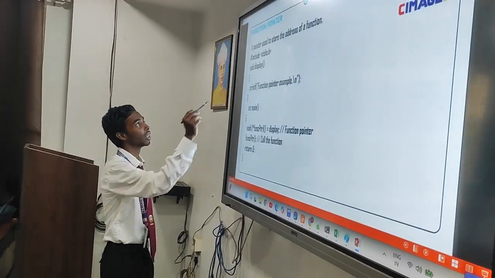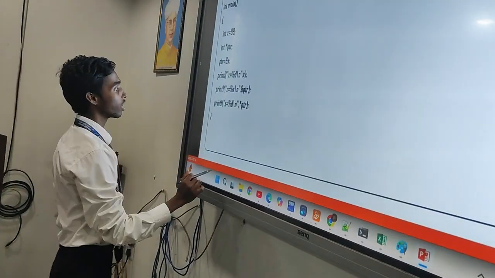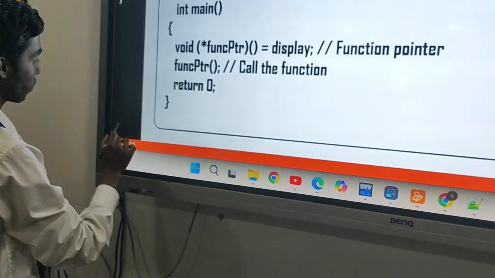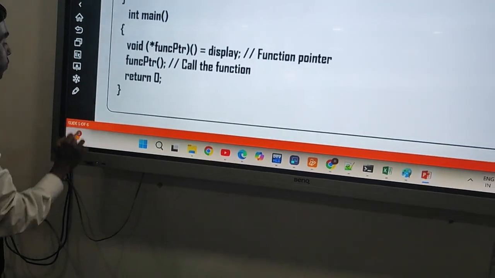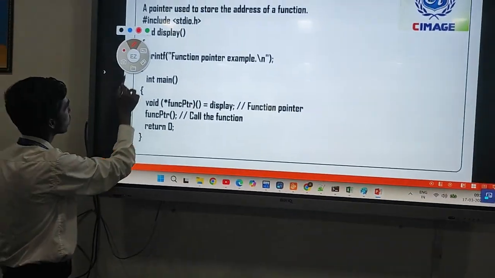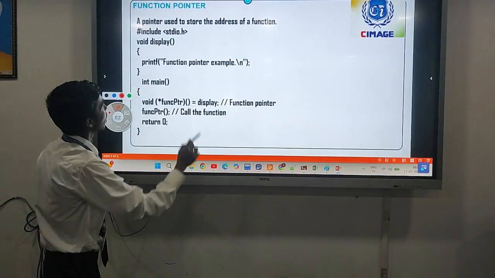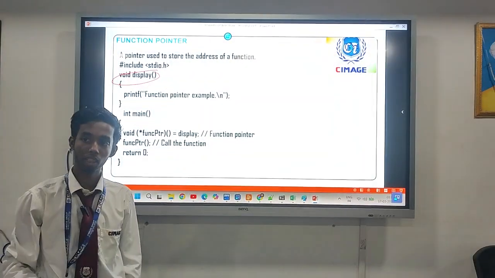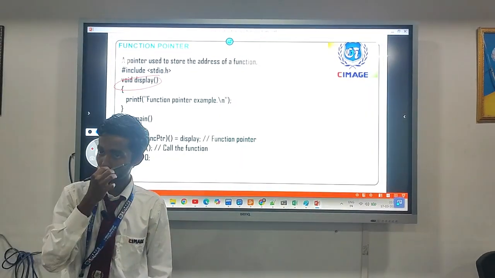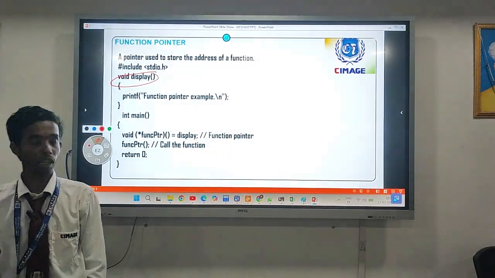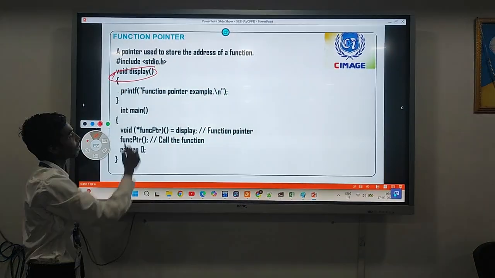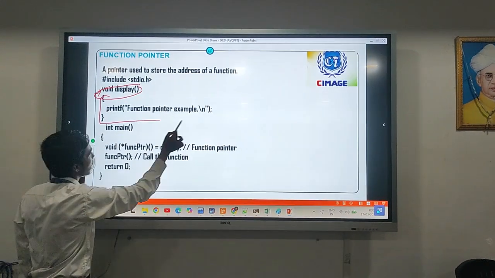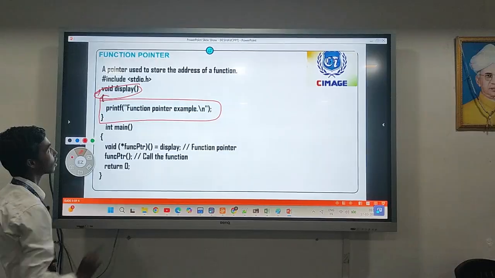Now here I have declared a function called display. I have declared it like a global declaration, and here is the content of the function display.